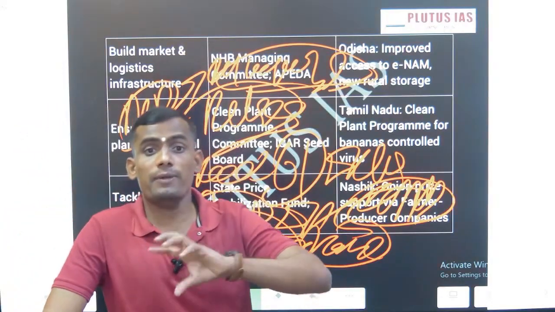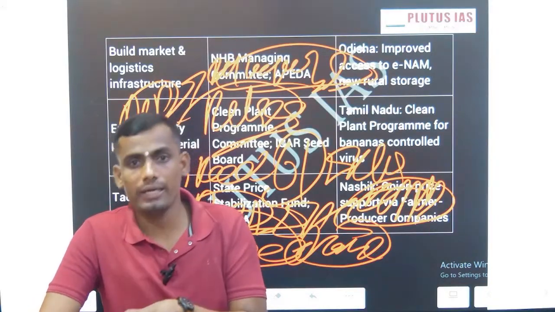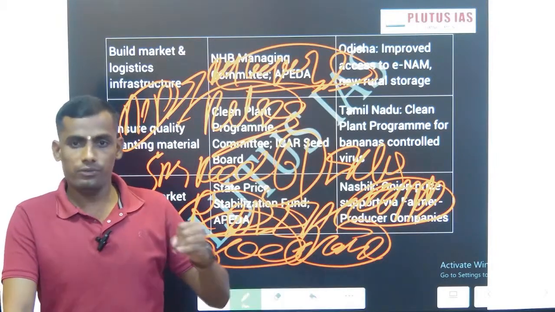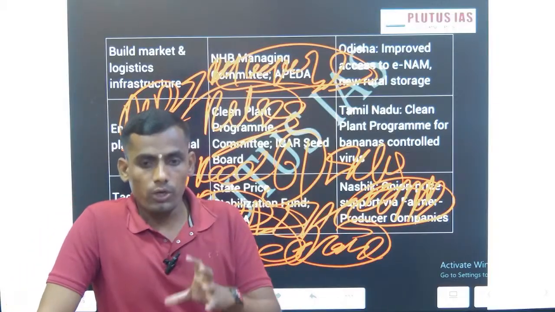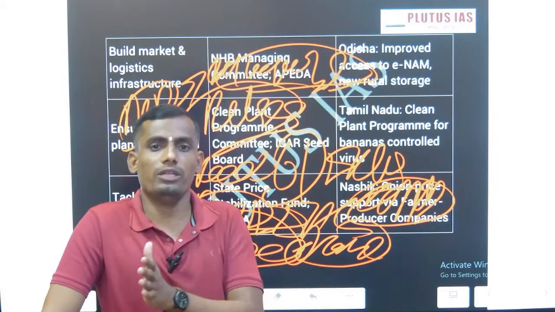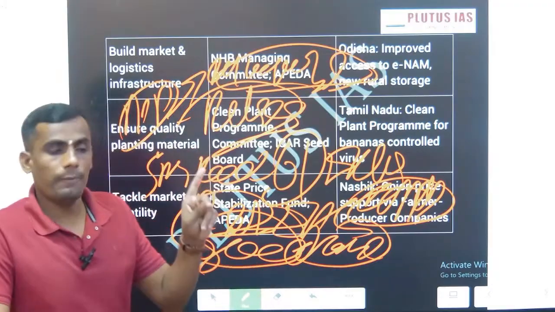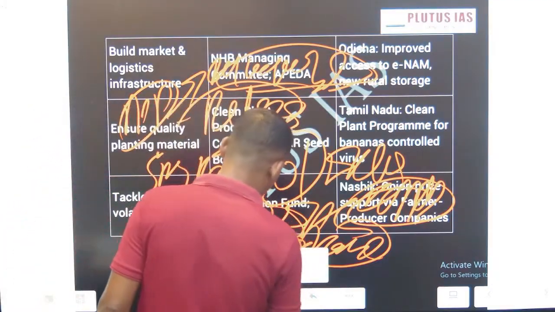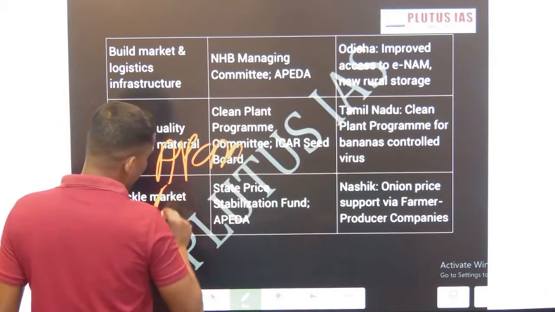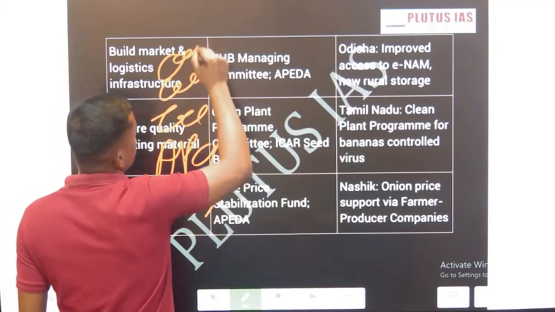The next one is an integrated approach. All the agencies should work in tandem so that the benefit is provided to the farmer. If the Marine Products Export Development Authority works with APEDA, and other agencies, such as cooperatives, then APEDA, the Tea Board, the Coffee Board, the Coconut Board.